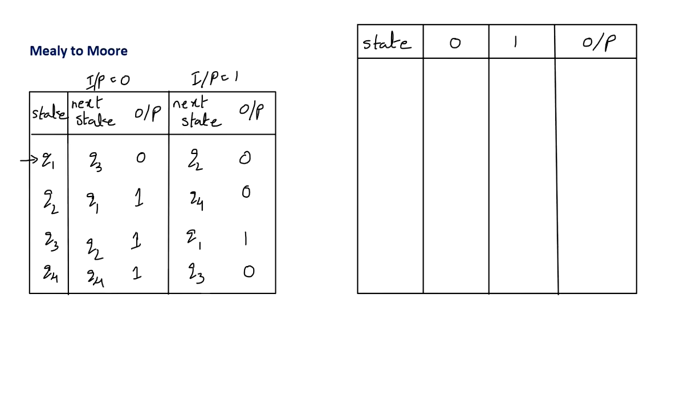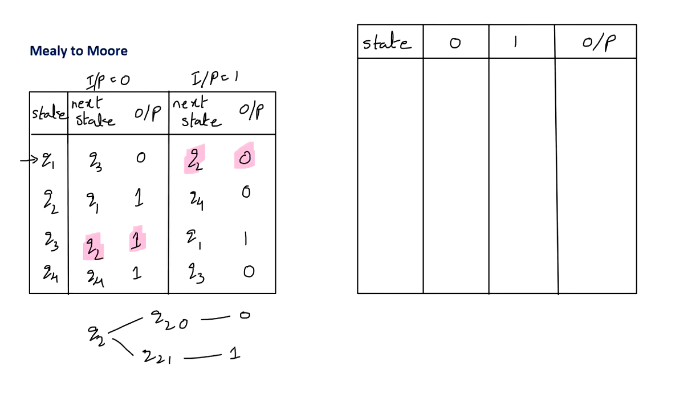If you observe in the Mealy machine, if the machine is at Q2, output is 0. If the machine is at Q2, output is 1. So there is a conflict here. In the Moore machine, the output depends on only state. But here, if the machine halts at Q2, output is 0 and the same machine halts at Q2, output is 1. To avoid that, instead of writing Q2, we are writing two states, that is Q2 0, which is giving the output 0, and Q2 1, which is giving the output 1.